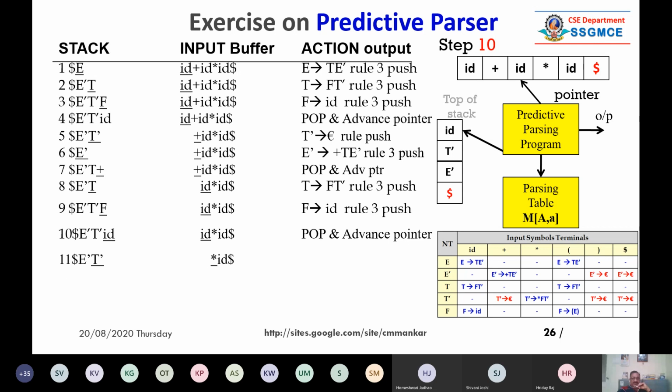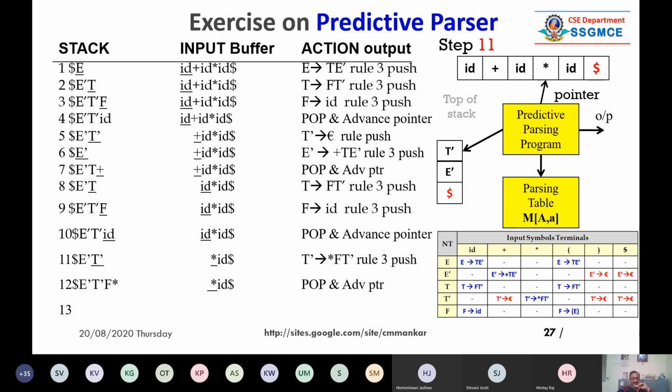So in step 10, ID is on the top of the stack. You have substituted as per the rule, and ID is pointed by the buffer. So what you will do: pop and advance the pointer, because TOS and buffer pointer both contain the terminal symbol ID. So again, pop and advance like this.